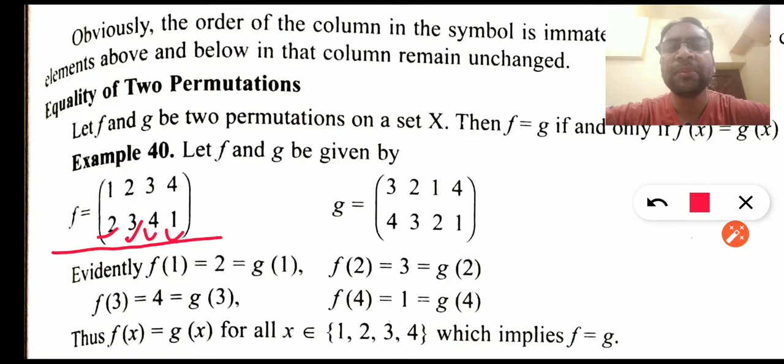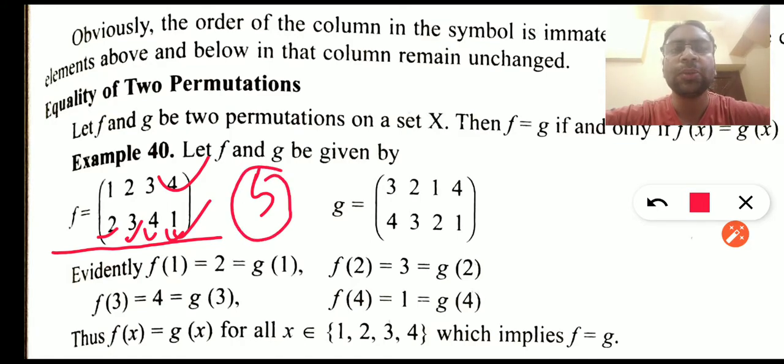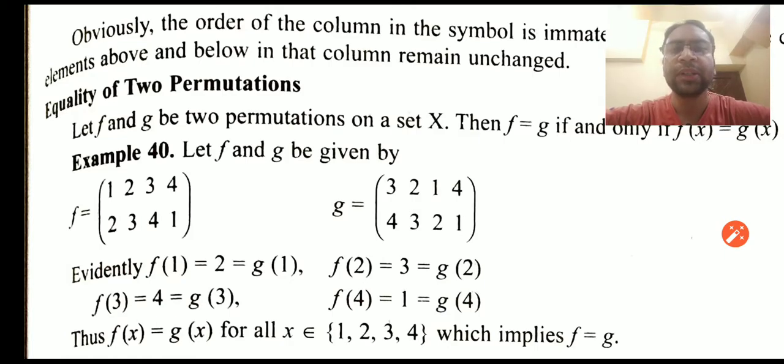So we can see that the mapping is 1-1. Each element is mapped with only one element, and it is onto also. No element is left to be mapped, and no external element is involved in this mapping. So the elements of A are mapped onto the elements of A. For example, 4 is mapped onto 1, it is not mapped onto 5. 5 would be an external element which is not present in the set. So all the elements are mapped to elements present in the set itself. So f is an example.